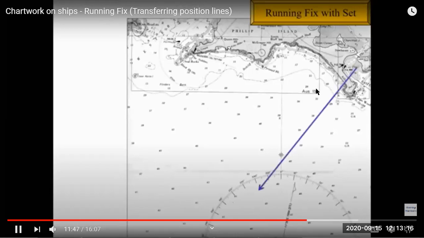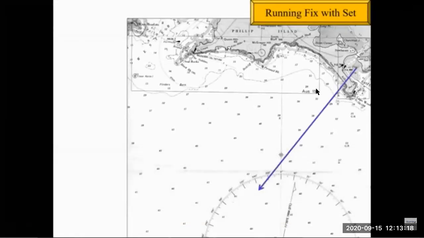Now we see case 4 where running fix is with current. We have the initial PL. We assume one point and draw the ship's course. Then because we have the course to steer, we will use allowing method. We put the set and rate in the final position or DR position, and we draw the set and drift of the current, which is denoted by 3 arrows always,